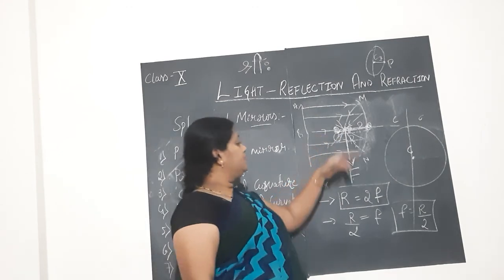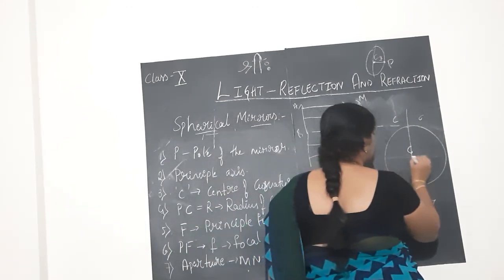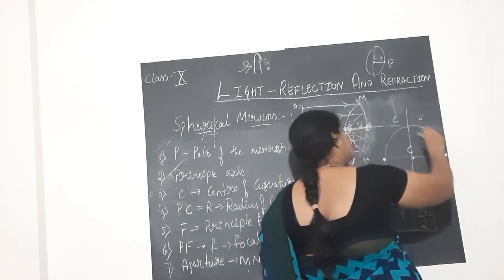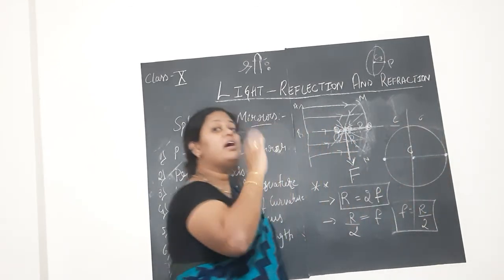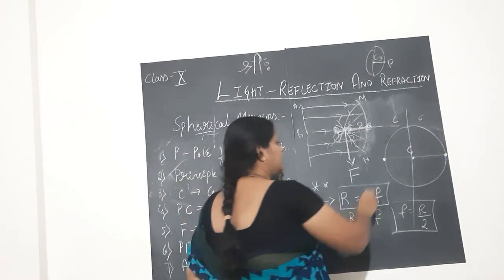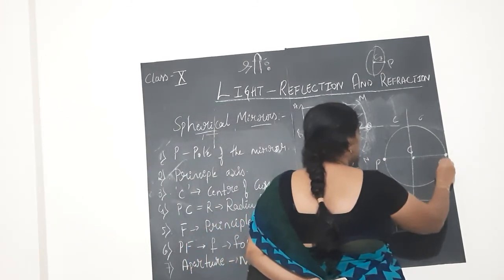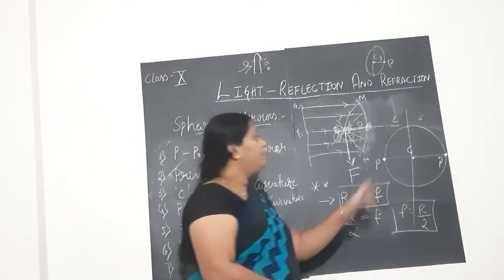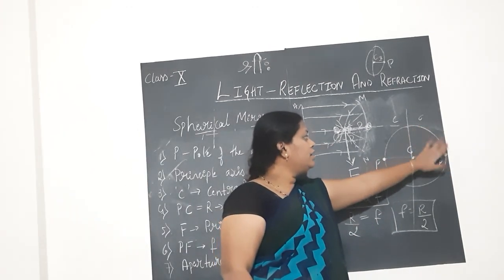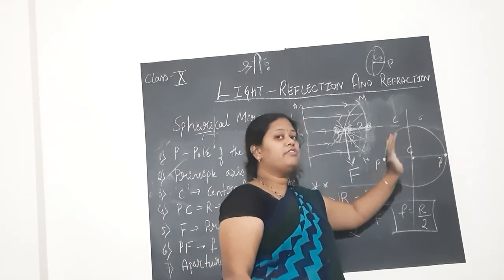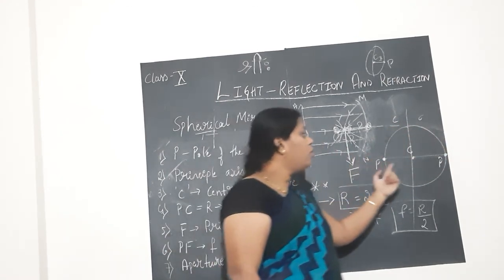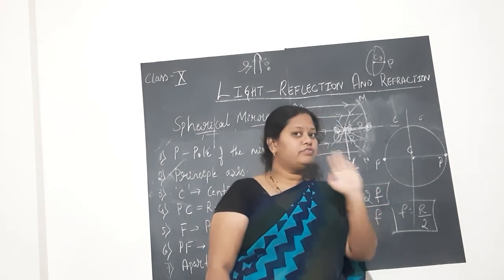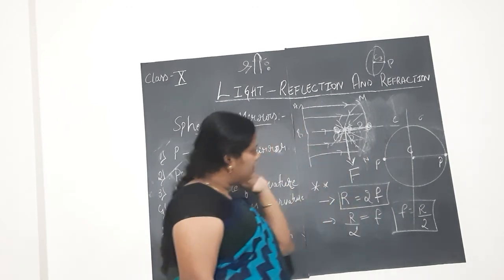Moreover, if you draw the diameter, children, it will touch the centers of those two halves which we got on dividing the circle. That is nothing but the poles of convex mirror and concave mirror. Hope you are understanding. So, pole is part of the mirror. This half of the circle is the mirror. So, we say poles are the part of mirror, whereas center of curvature is not part of the mirror.